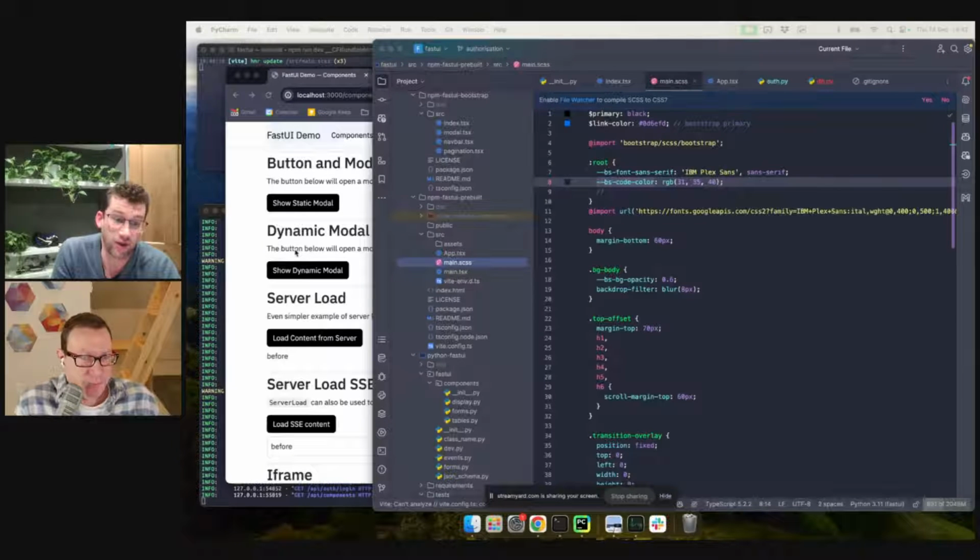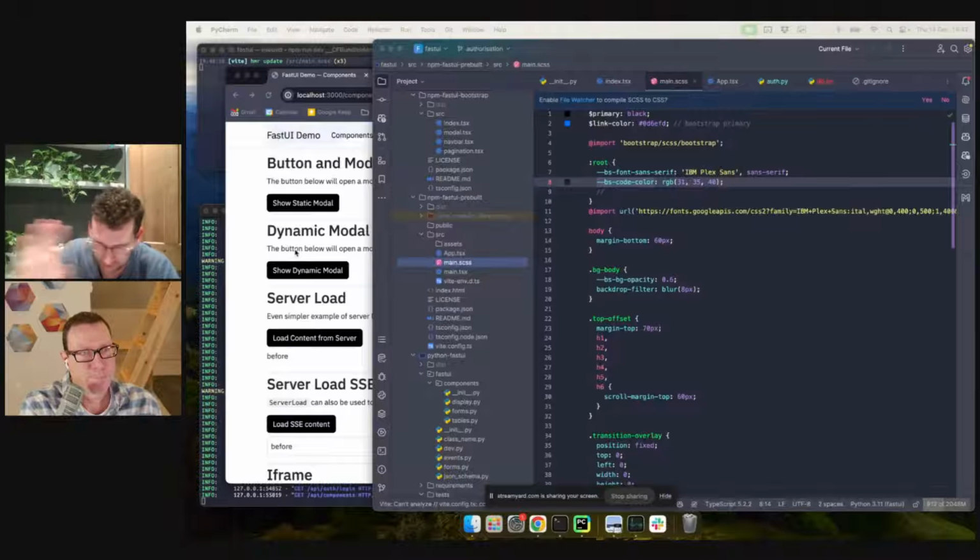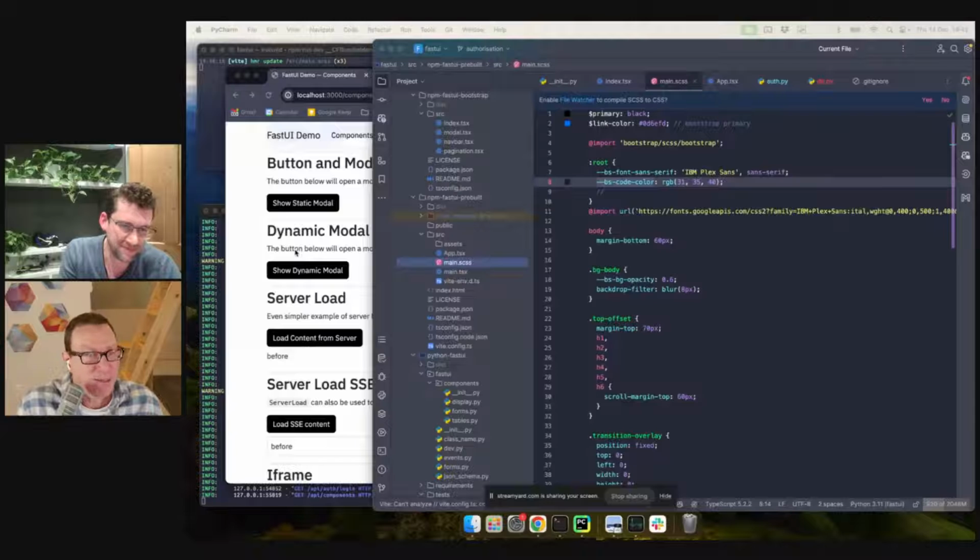There's even the world in which we don't need the whole of Electron, and someone could go and build FastUI components for whatever native library, and we could get native apps running that are based on FastUI. Not saying that's necessarily a good idea, but those possibilities exist. It does exist. Okay. Yeah.